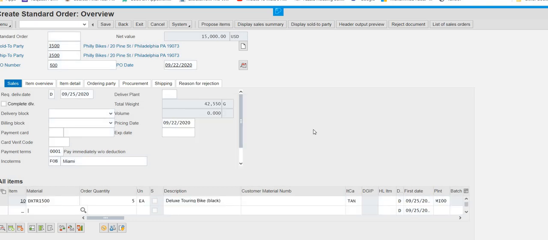Now what you can see in this, before going ahead, what I am going to show you here is that out of all these fields, I have entered a few of them, like this one, this one I have entered, this was coming automatically. This one, and this one, and this and this. The rest of the fields you can see here, they are all coming automatically. Why? Because this is the strength of the SAP ERP system.